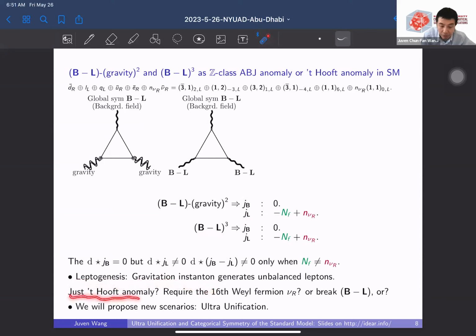But some people will be more conservative, saying perhaps these are just some accidental symmetry with some low energy Tau anomaly. Or perhaps people will just say we can just add this sterile right-handed neutrino. In fact, this is most of the case before the proposal of ultra unification. People mostly just do this. The thing I want to emphasize is that we do have new scenarios to cancel the anomaly or to do something else, and this will be a BSM window.